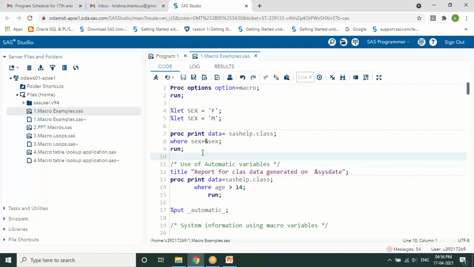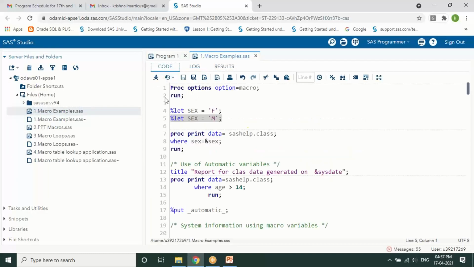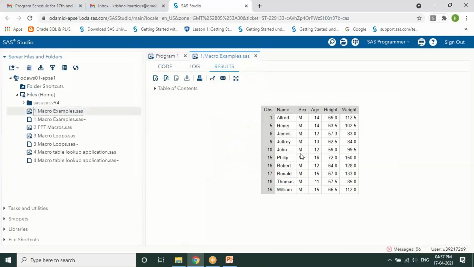And you are calling it with the ampersand, right? We are calling this ampersand value. Is sex getting overwritten? Yes, it will be overwritten. For example, let's say I've executed this with sex as M now. The F is overwritten with M. So if we execute and check the result, you'll see all the male values.